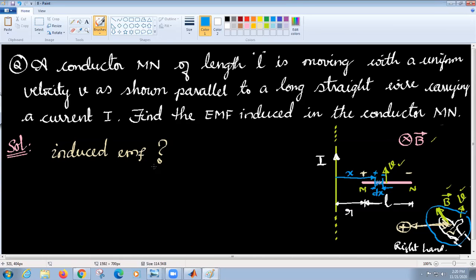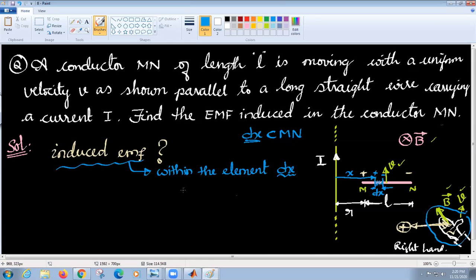So the induced EMF within the element dx. dx is a small element out of MN, so dx is a subset of MN.